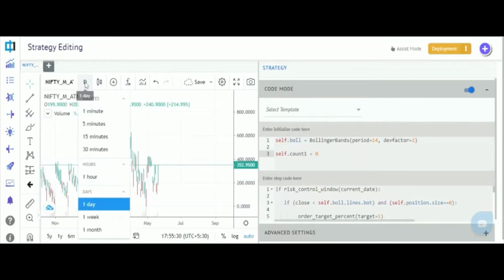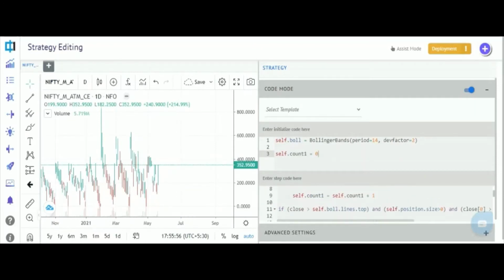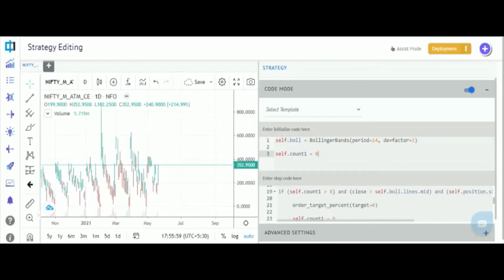I can change the time frequency as appropriate. In this case, we'll limit it to the day frequency. Again, we have chosen the Nifty month end at the money dynamically chosen call option. And our standard Bollinger Band mean reversion strategy keeps track of the upper and lower band around the price series and takes a position based on if the price goes below the band or top of the band.